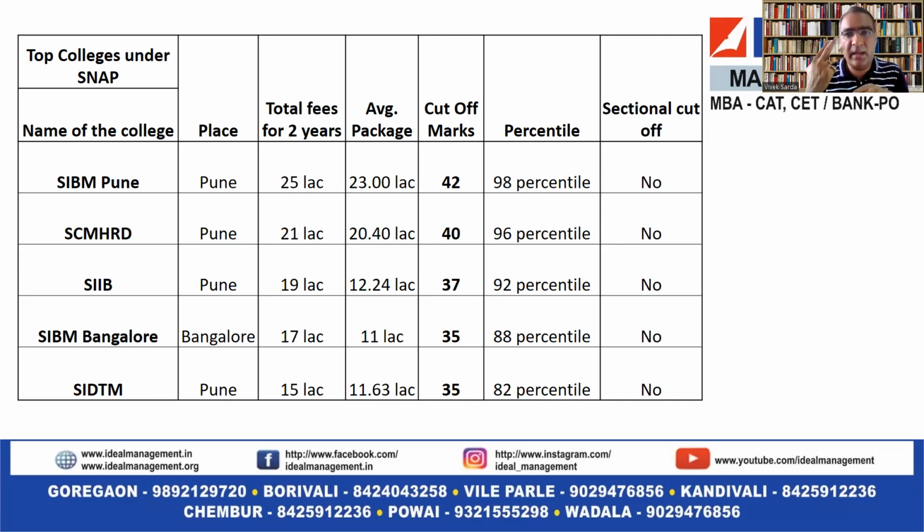We recommend definitely 3 colleges: SIBM Pune, SCMHRD, SIIB. Whatever program they have, you select it. After SIBM Bangalore, it is your choice, right? And then, after SIBM Bangalore and SIDTM, see the cutoff out of 60, see how it goes down. Trust me, if you leave the top 5, 6 colleges, there are people who have got calls even